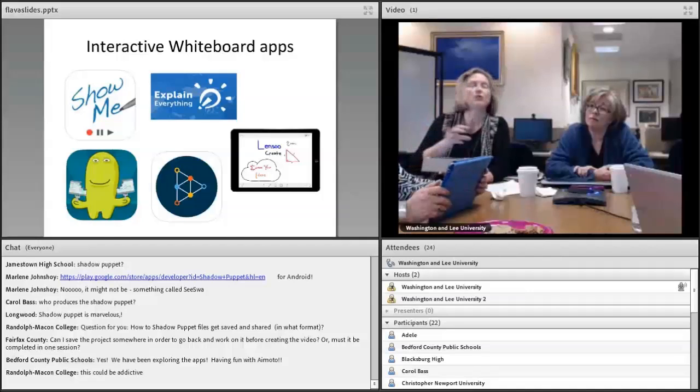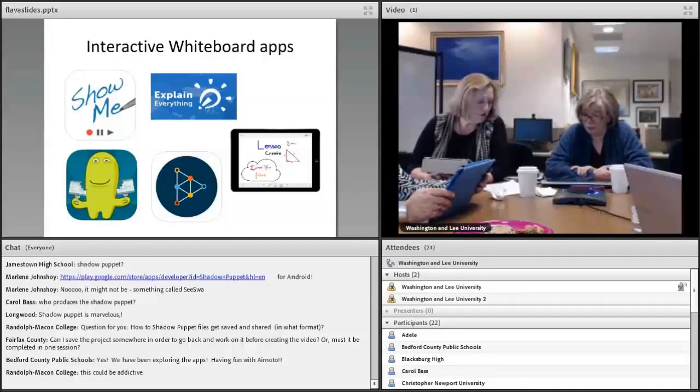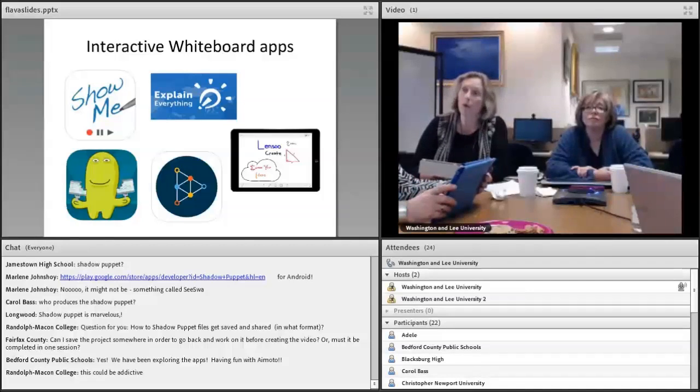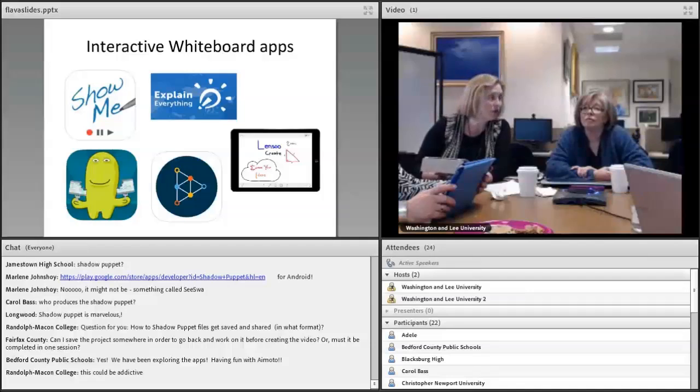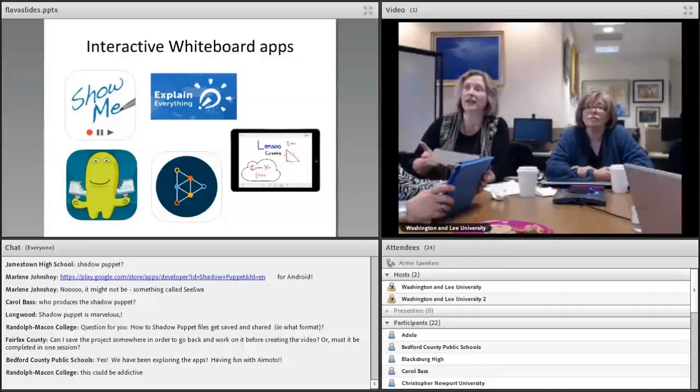And so you create, as an instructor, as the teacher, you can create an entire lesson, or you can have your students use this to create their digital stories. So it's just another platform that they can use for that. But you can record your voice, handwriting, drawings. You can import images. You can take photos directly into the app, into the whiteboard. You can type text. You can draw with a stylus or your finger on your iPad.